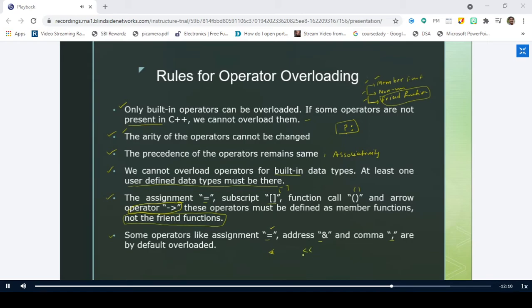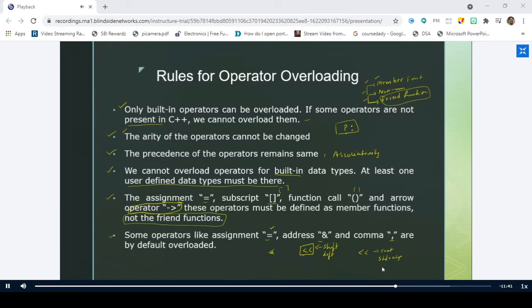In C++, what is this symbol called? Shift operator, sir. Left shift operator. Since the arrow is towards the left hand side, it is the left shift operator. But here we are making use of this symbol in the case of cout, that is the standard output function. So these are the important points or rules you should remember for operator overloading.